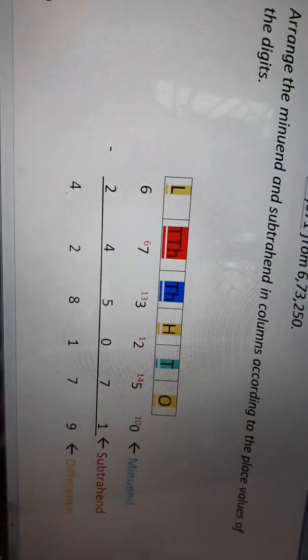Okay, so this is the way we can subtract without borrowing and with borrowing. In my next video I will discuss, in one numerical, when both addition as well as subtraction are there, how we can solve the problem. That I will discuss in my next video.